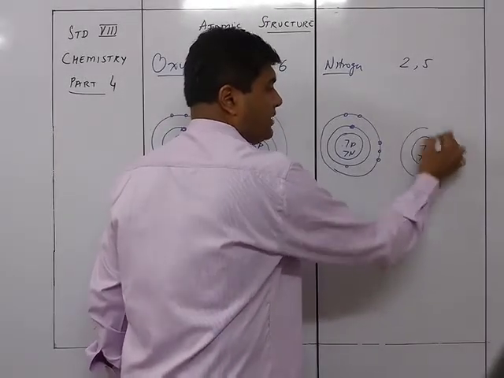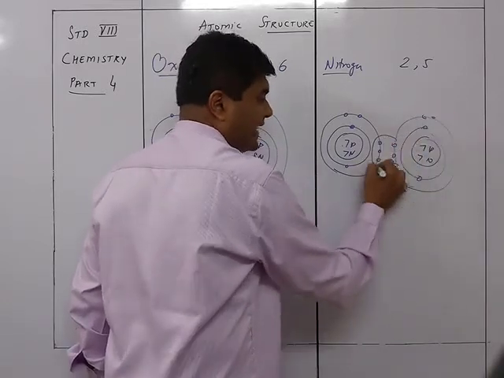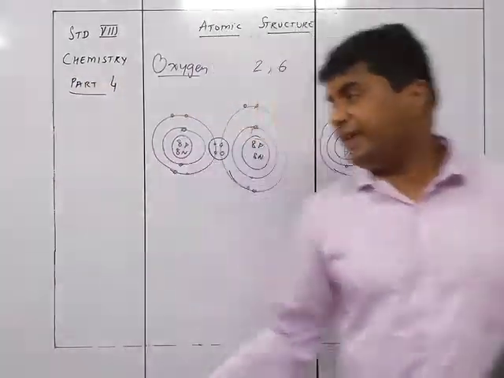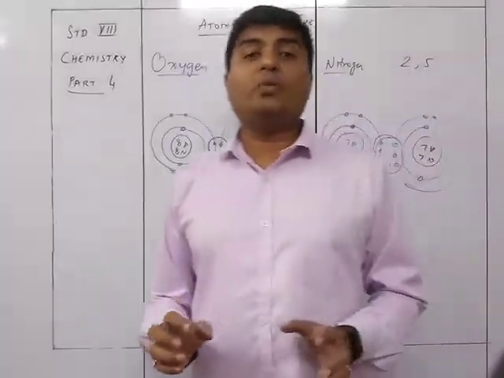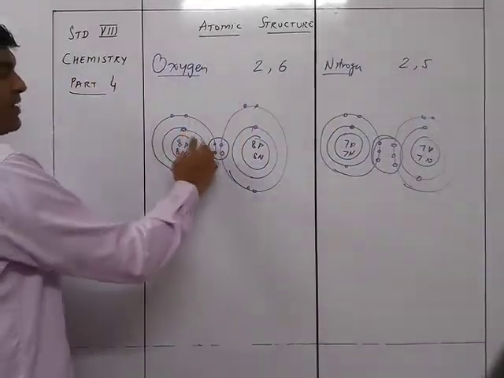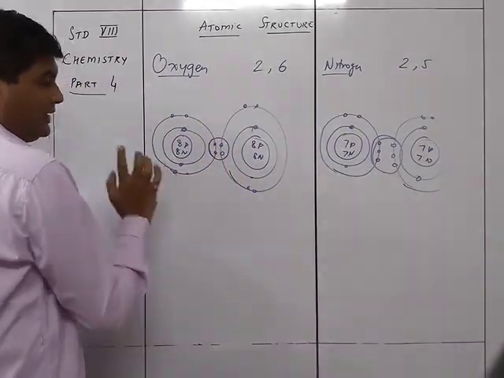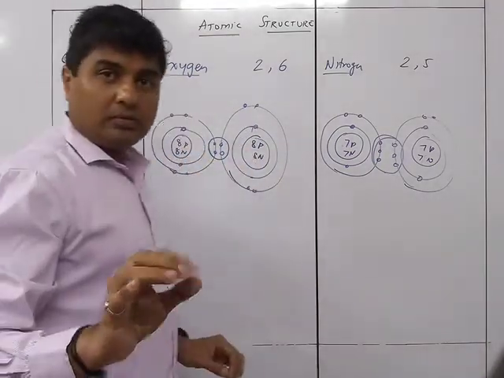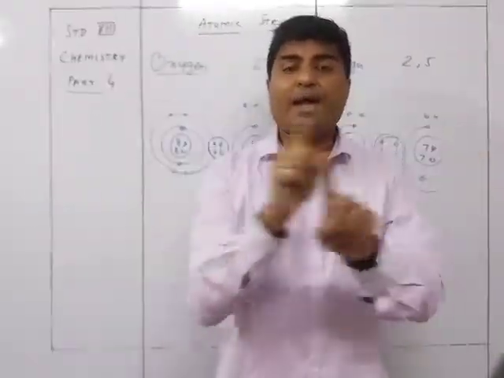Nitrogen over here, we'll be having 2 over here, and then there is 3 over here, 1, 2, 3, and over here. So these are going to share these 3 electrons. The sharing of these 3 electrons and the sharing of these 2 electrons over here is the one by which, if somebody is asking me how many electrons does it have now, if I put my hand here, how many is it? 1, 2, 3, 4, 5, 6, 7, 8. If I put my hand over here, how many does it have? 8. So both have got 8 because 2 electrons of each are shared by both the